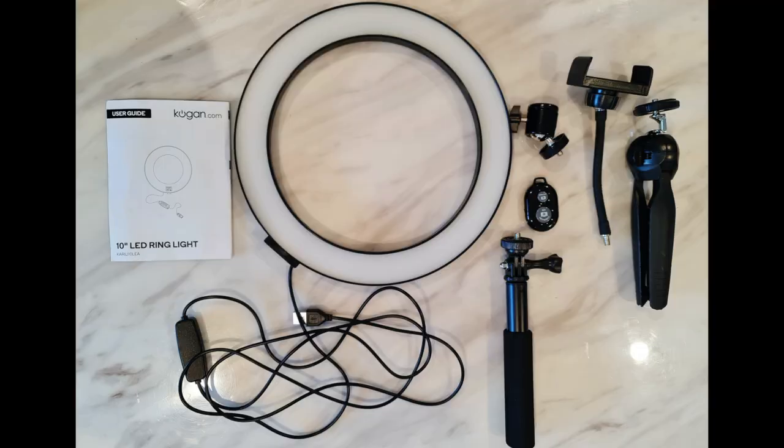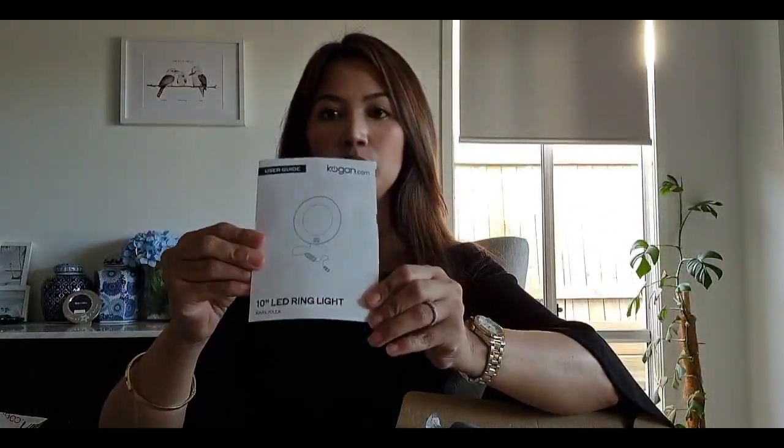Okay, so what's inside? Hogan manual, user guide. Okay, the warranty. Let's open the user manual so that we know the parts. So what's inside the box? So we have,